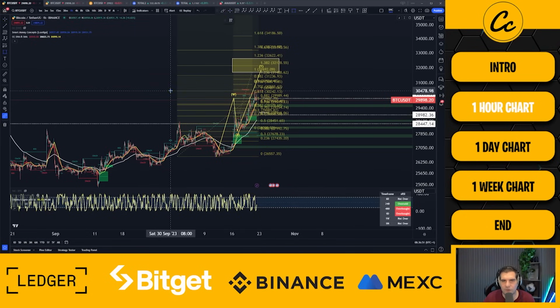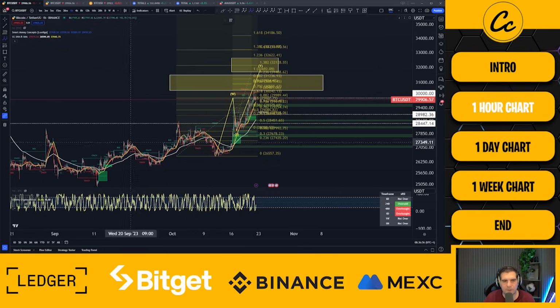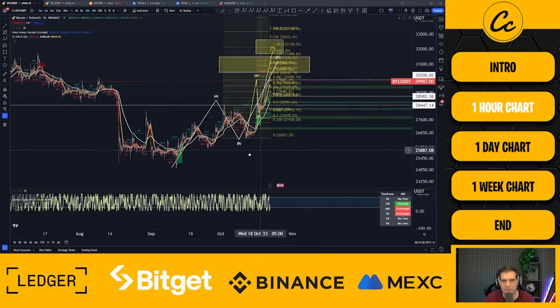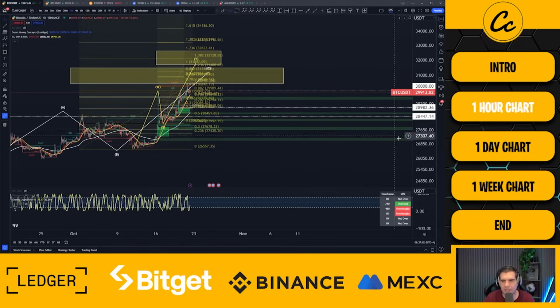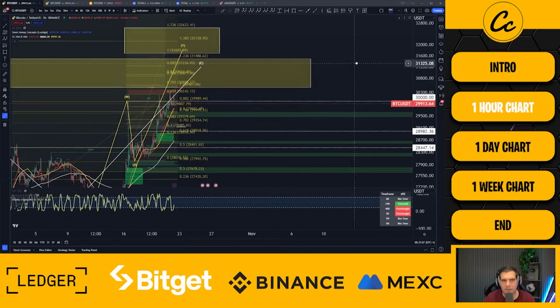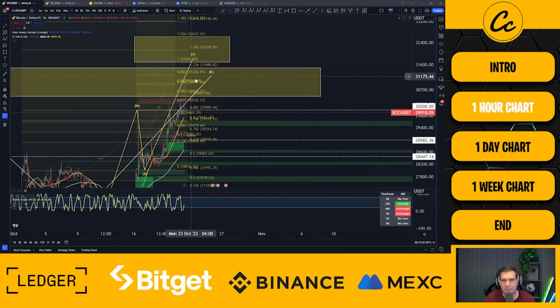So if I go ahead and draw that box right in there, I'll show you what that looks like as well, because that would be a three-wave pattern from here like so. Okay, so there's a few different ways here. You can see where I went wrong on this one, and you can kind of see how things are now looking. So for me, I would say that there is this upper limit of around